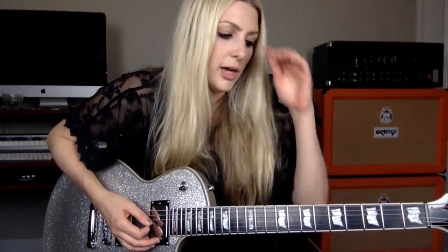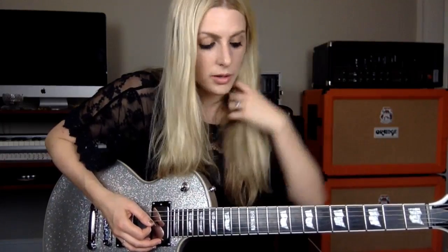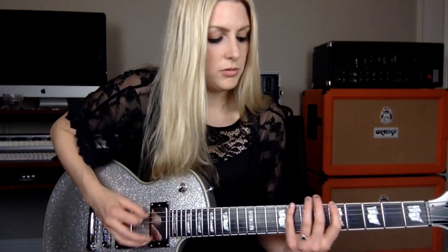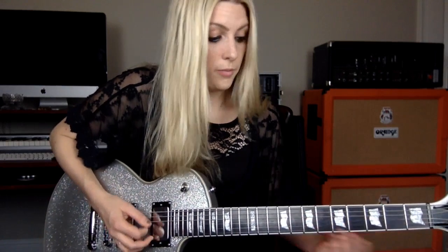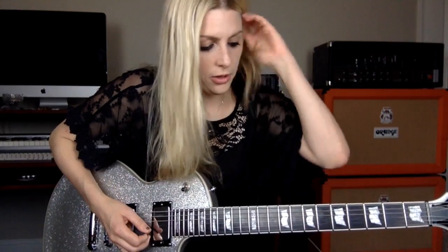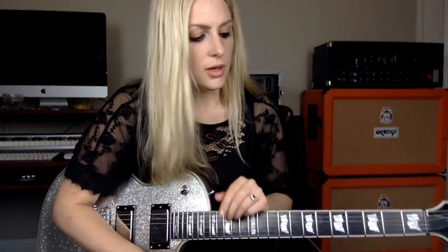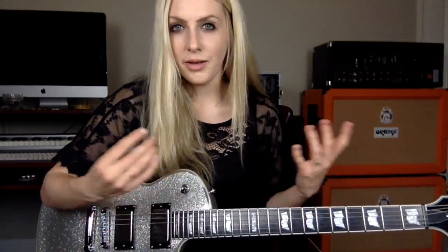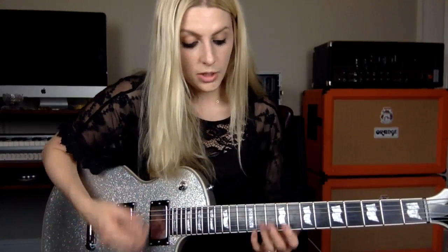I like these double stops here. So just a simple lick that I would throw in that I have in my repertoire that I use quite a bit is I do my double stop in the pentatonic position or minor. So I'm just in A minor or A pentatonic, and obviously you can move this anywhere. I always like to demonstrate things in A because it's kind of in the middle of the fretboard, and I like it because all the positions of A just fit nicely on the guitar. But obviously you can do the same thing